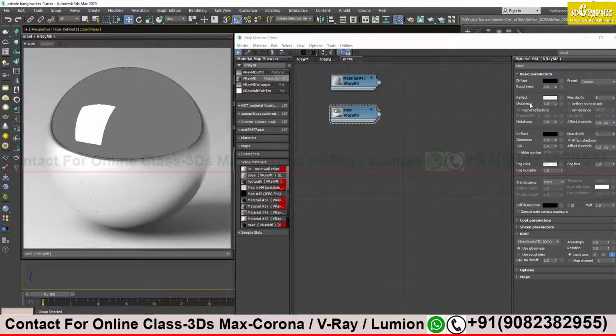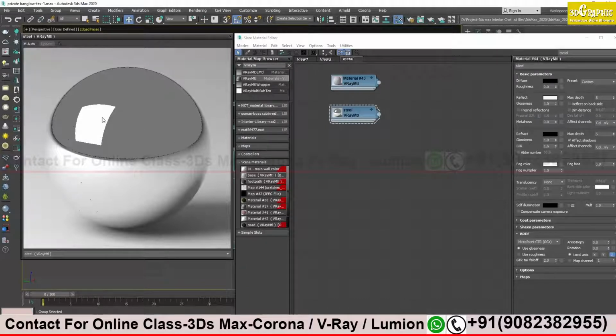Glossiness is about the surface of your object, how polished the surface is. Reflection is the reflectivity, how much capability the object has to reflect the light. Glossiness is about the surface, how glossy it is.